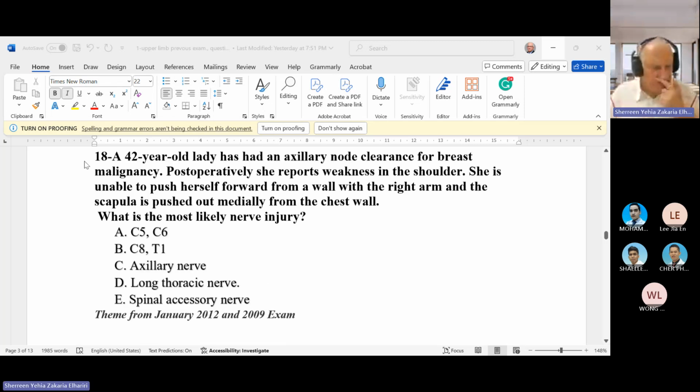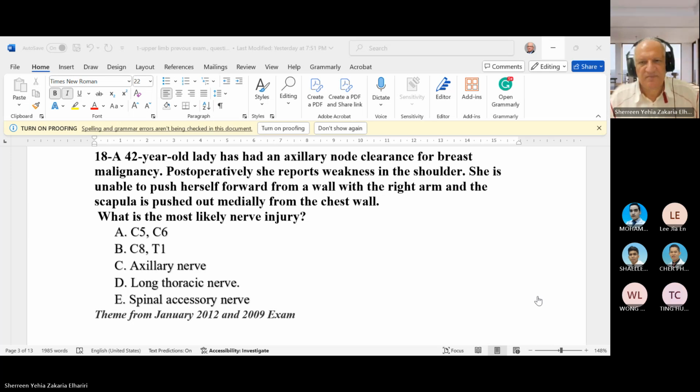Next question, 18. A 42-year-old lady has had an axillary node clearance for breast malignancy. Post-operatively, she reported weakness in the shoulder. She is unable to push forward from the wall with the right arm, and the scapula is pushed out medially from the chest wall. So what we need to explain is, you know that if you push the wall like this